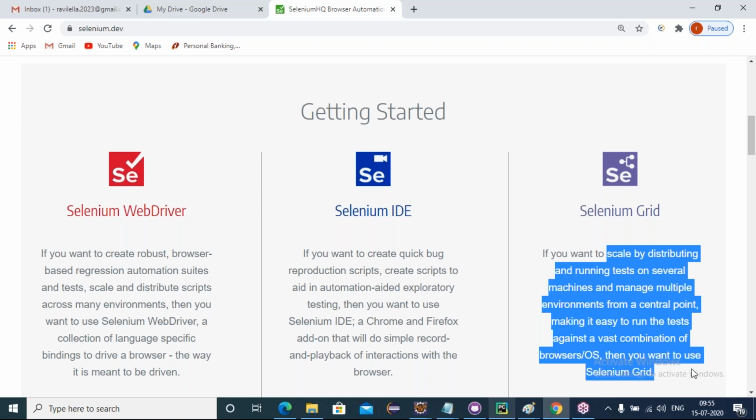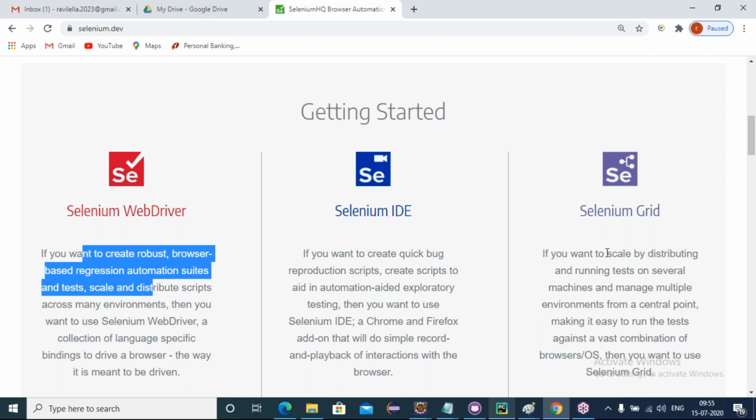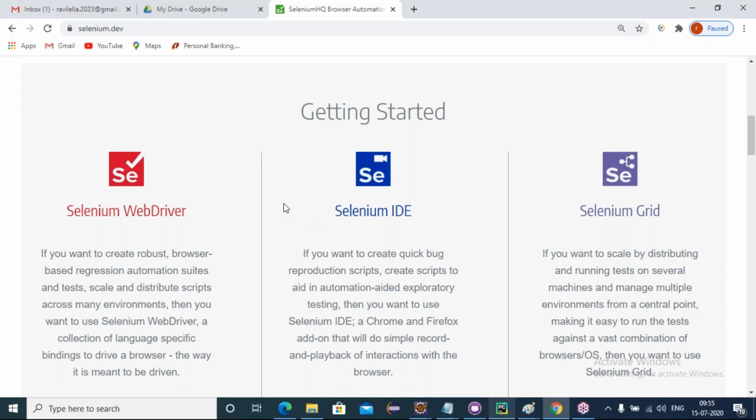We will use the grid concept for that. We develop the code here to scale and distribute using the grid concept on various platforms, OS and various browsers. Got it, friends? The appropriate automation tool in Selenium is WebDriver with the grid. This is the combination we use to build the Selenium automation code.